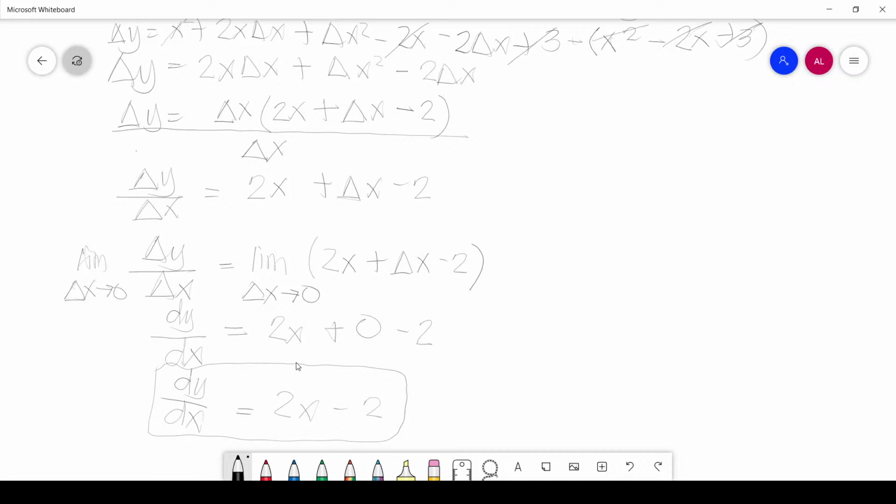That is because these are still derivatives that are not finite, so they don't come up as a number. Usually with a derivative, there is always a variable. So this just means that the slope of the function is 2x minus 2. So we could say at point